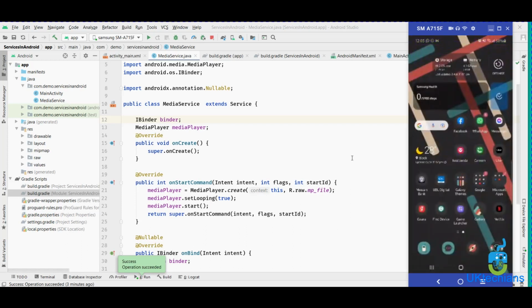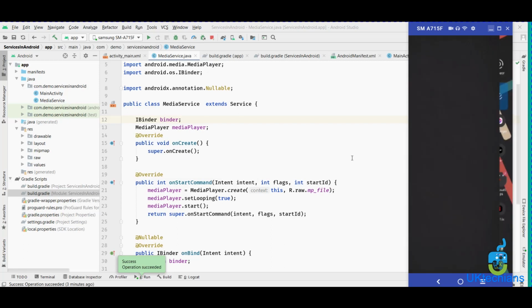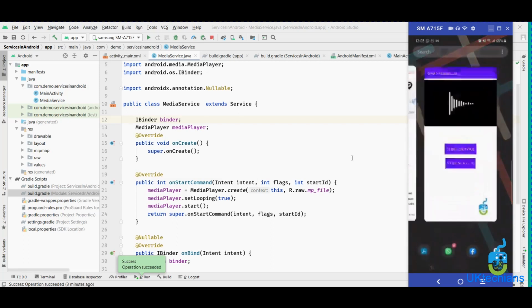Let's see whether the music is rerun or stopped. So it's playing in the loop, right? The service is in the background, but it's running and still it's playing the music, right?